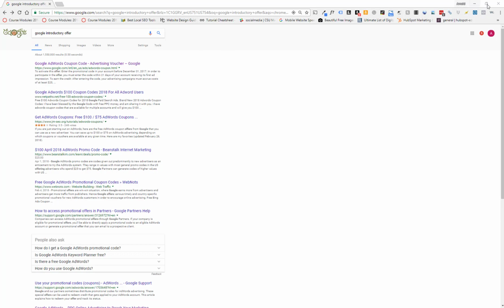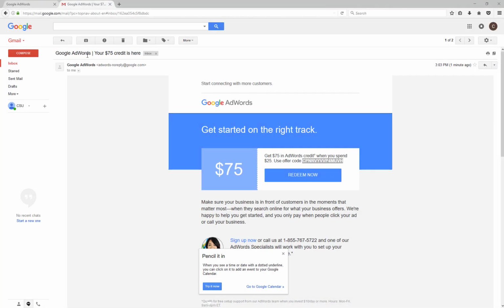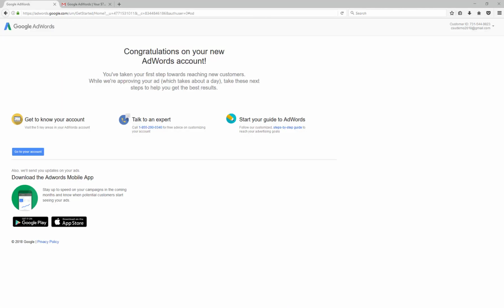I filled that out, and about 2 minutes later to the Gmail account that I set up, I got the $75 coupon, and I took that code and I entered it into my AdWords. So after I spend my first 25, then I should have some more money get put into the account. The only thing I did was put in my billing information and that coupon code and hit submit, and